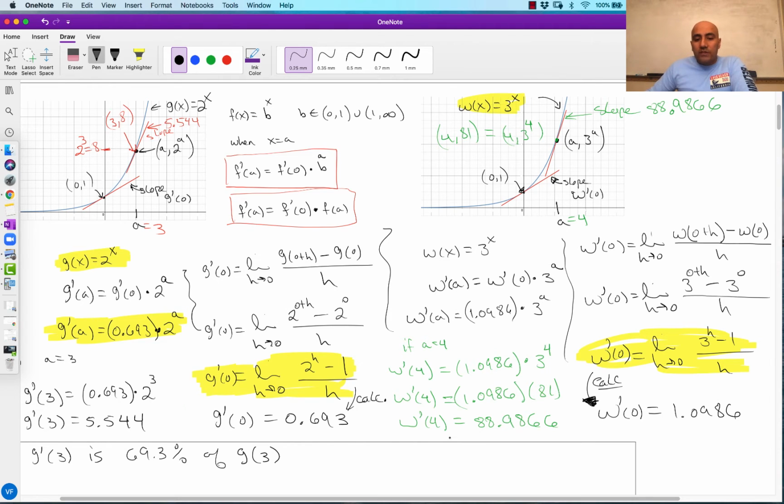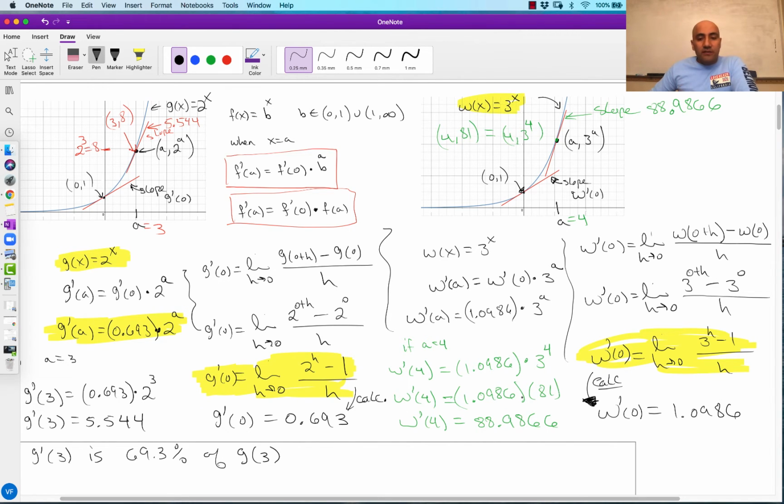So when it's equal to 4, all we have to do is find the value of 3 to the 4th power, which is 81, times this constant. We can think of this as a percentage, and it's about 109%. It's 109% of that value. Again, exponential functions have this very special property. When you want to find the derivative, it's equal to the value of the function times some constant,